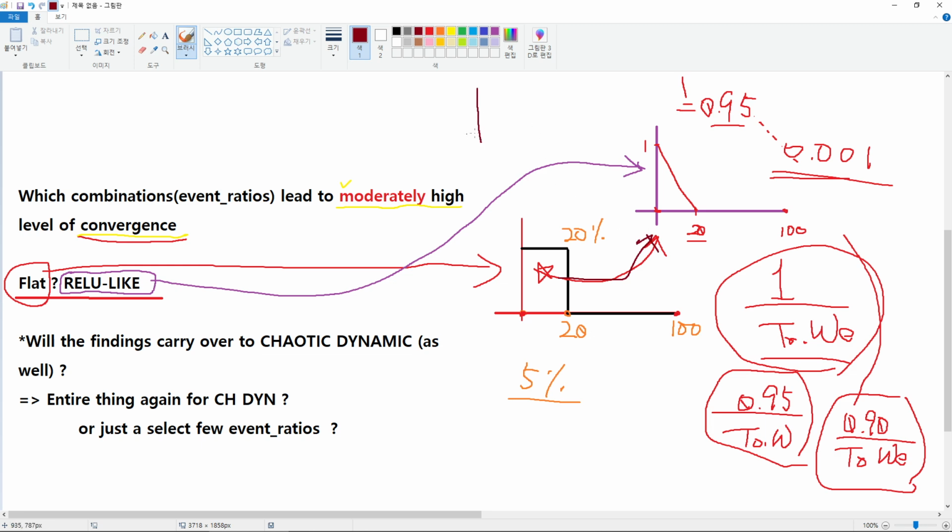Before this change from here to here, it used to be the flat version. This is the flat version. This is the ReLU-like version. Before this change, it used to be the top 10% flat. And what this does is that when given a fairly or relatively smaller population size, for example 100,